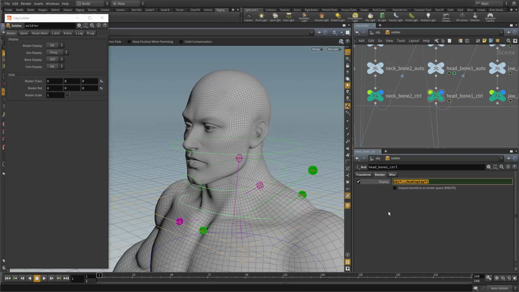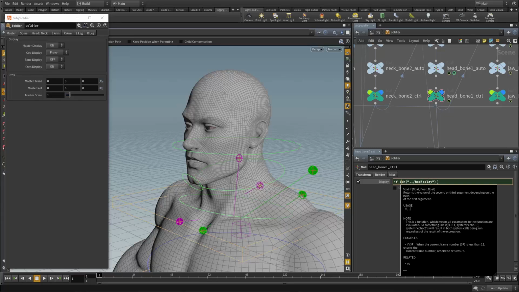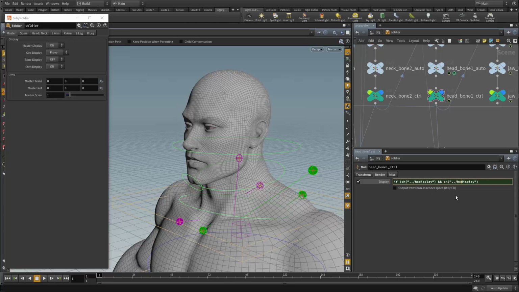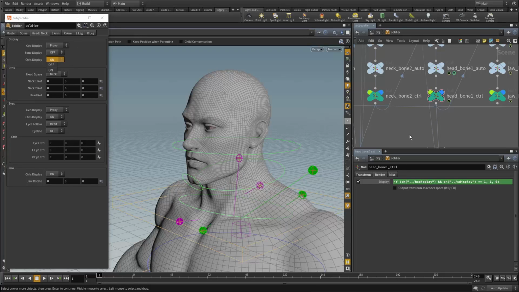So what we can do is we can just copy that. I'm going to say if the head control display, and that's two ampersands, C display, which is our master controls display parameter name. So if head control display and master control display equal 1, then 1, otherwise 0. So if the master control display is on and the head control display is on, then this guy